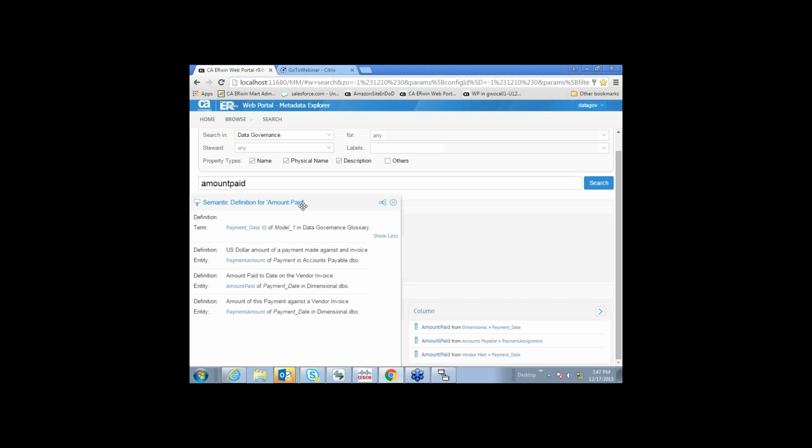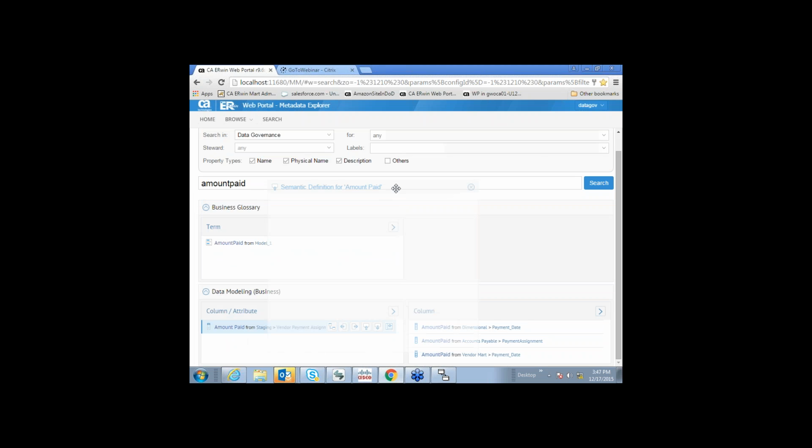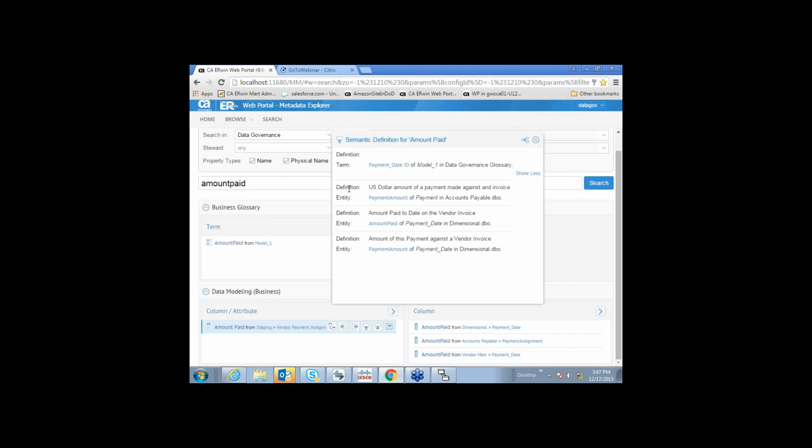Show more. There we go. So this describes all the definitions in each of the application systems within the context of that application system. This way, the data steward or the IT counterpart to the data steward, I forgot what the label is, but in any event, they can see all these definitions here and come up with a decent term that makes sense to the whole organization.